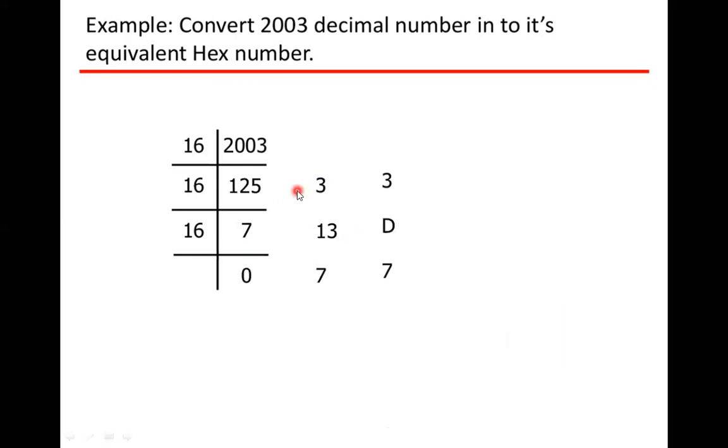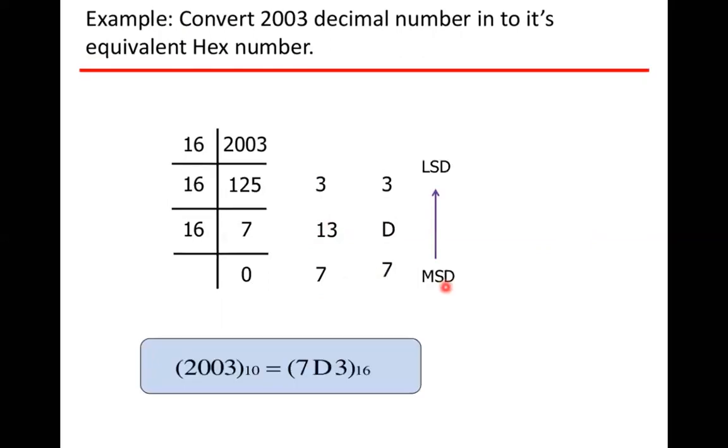Now, this is a hexadecimal. We are converting the decimal into hexadecimal. So this is 3 as it is. But 13, we don't have 13. Like, 13 decimal number, if you convert it, it is D. We have seen in the table A, B, C, D. So D is 13. E is 14. F is 15. So you have to remember what is A, B, C, D, E and F. And 7 as usual. So how is the collection? From lower to upper, most significant digit to least significant digit.